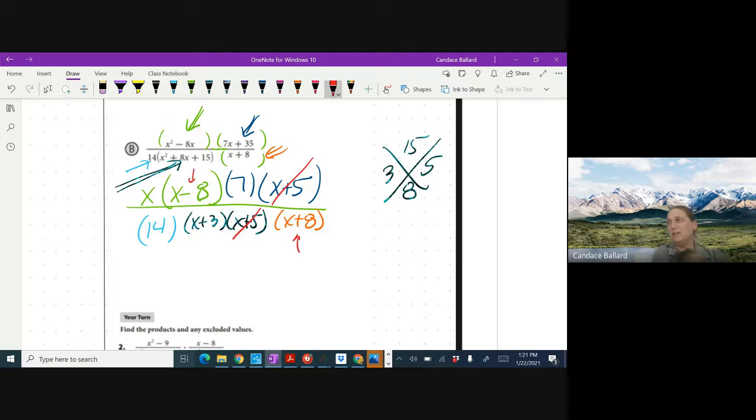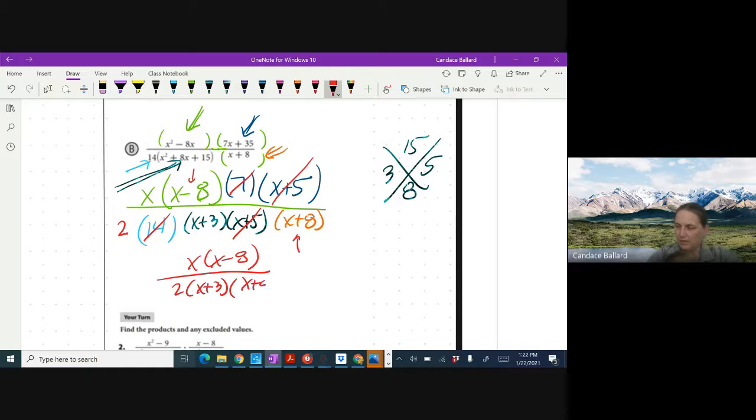Does anybody see it? What else? Oh, Logan, nice job. And Ariana and Elizabeth, nice. We still can't forget our fractions from elementary school, right? We're still going to reduce those. So I'm going to take the 7 into the 14 2 times. And then let's go ahead and write this out. So let's see, in my numerator, I'm left with X times X minus 8 over 2 times X plus 3